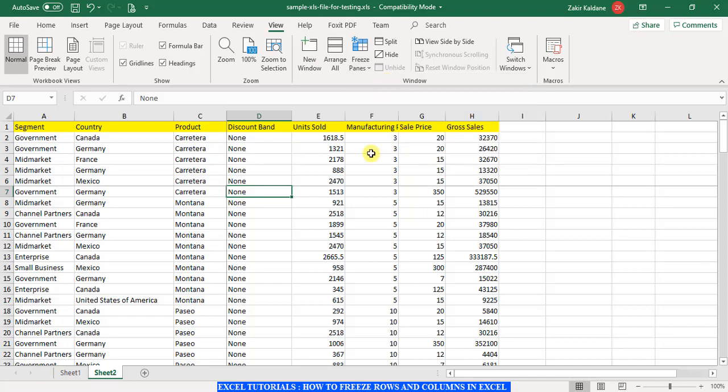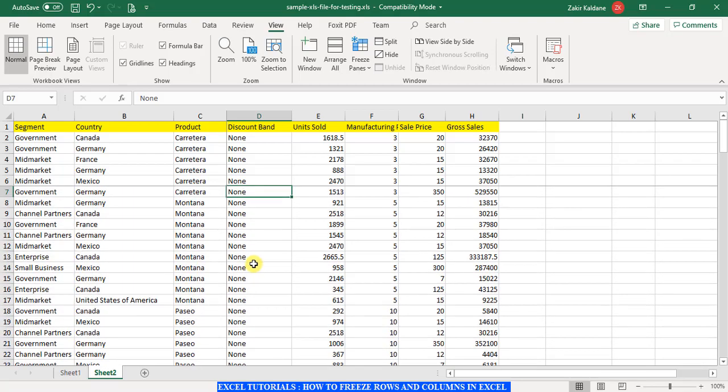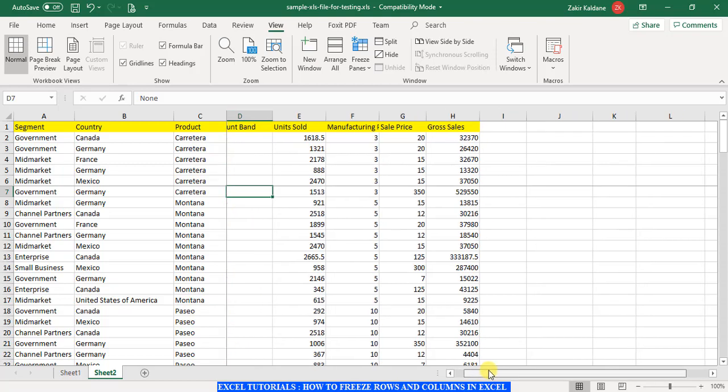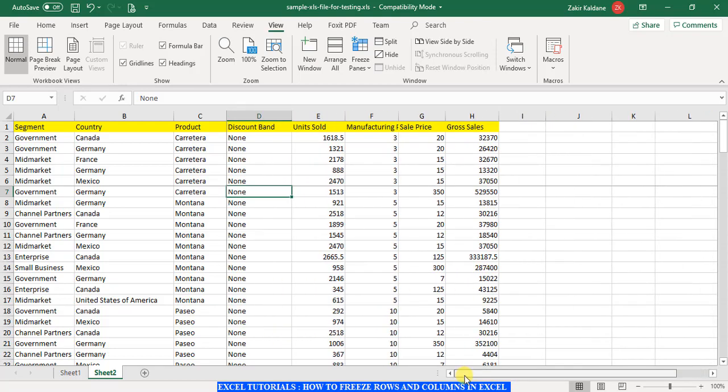Once I click that, see, Excel draws some line over here if you observe it. Now if you scroll up, you see all the rows above the selected cell are locked. Now if you go towards the right, you see all the columns to the left of the selected cell are locked. So this is how we lock multiple rows or a single row or single column or multiple columns in Excel.